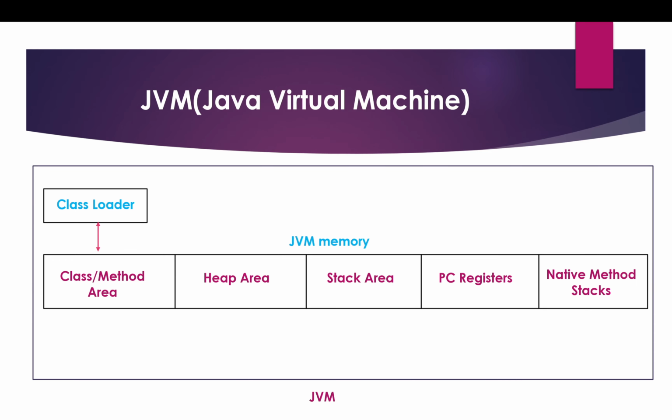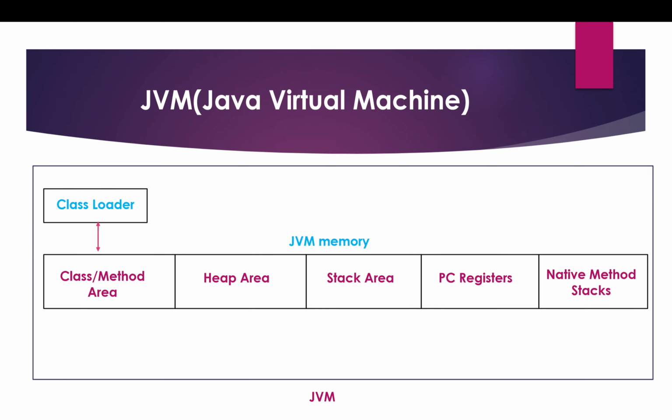Now there is a stack area. We know that multi-threading is possible in Java, so for each thread, the JVM creates one stack in the stack area. If any method is called, that method call is stored in a stack block. If one more method is invoked from that, then in the next block of that same stack, one more method call is added, along with the local variables used in those method calls. Once that thread execution completes, that stack is destroyed by the JVM.